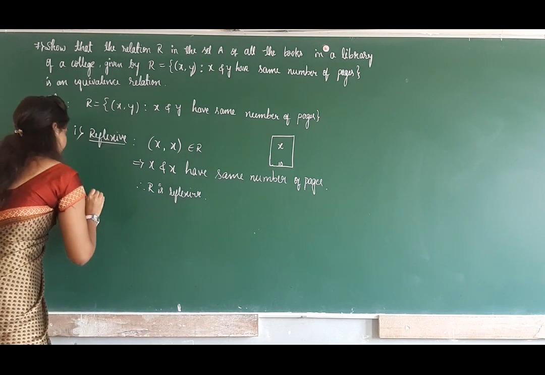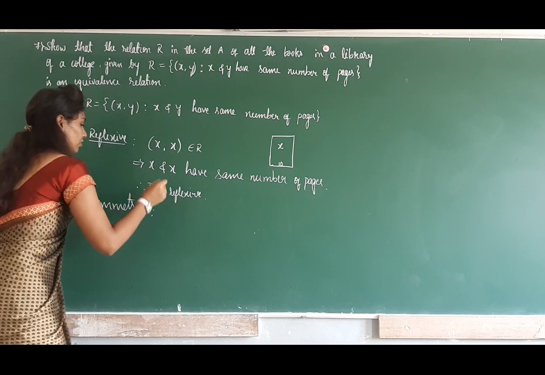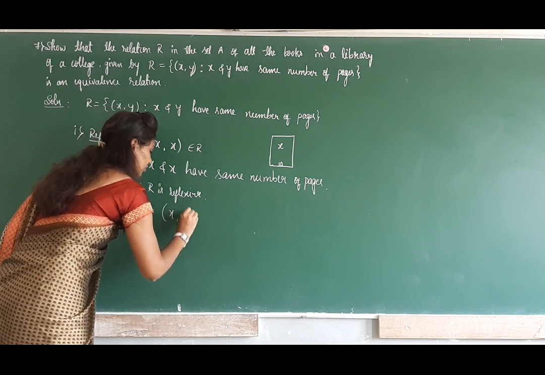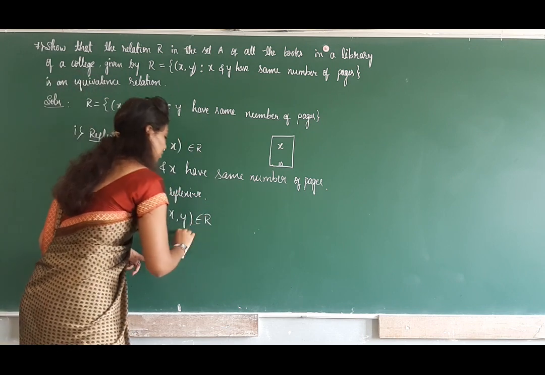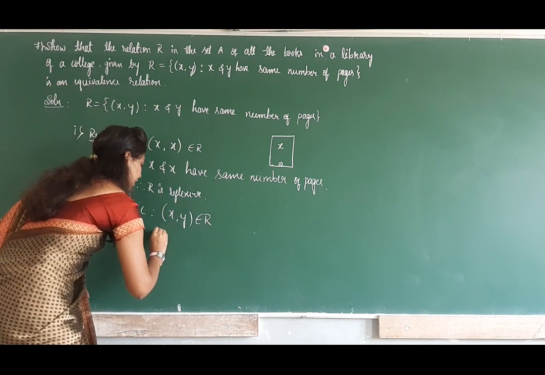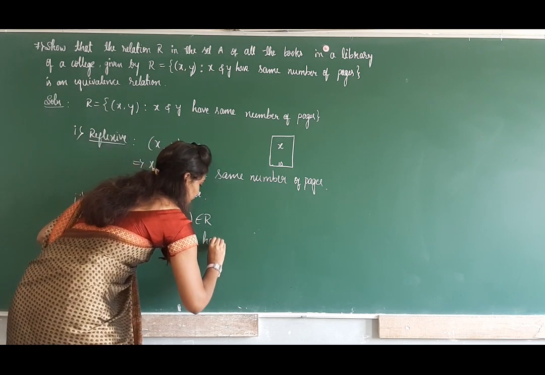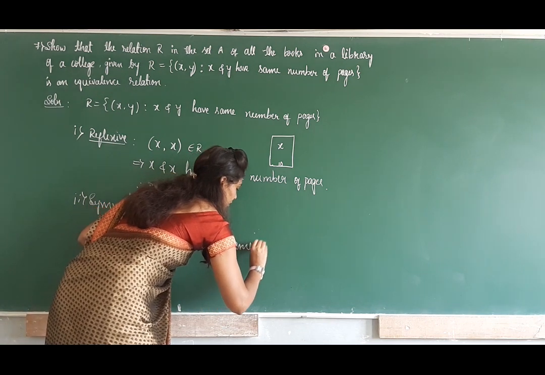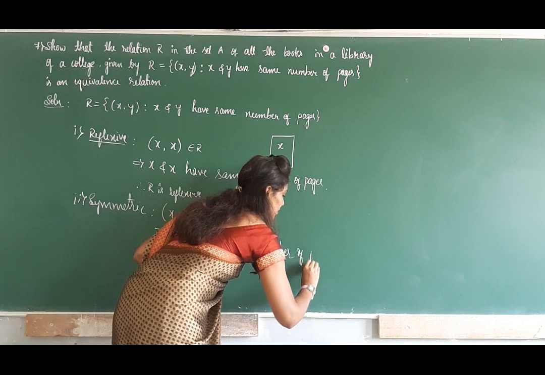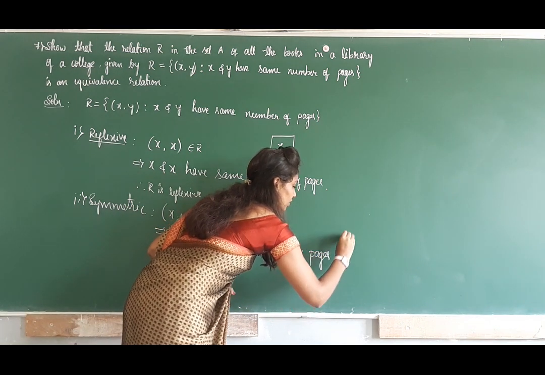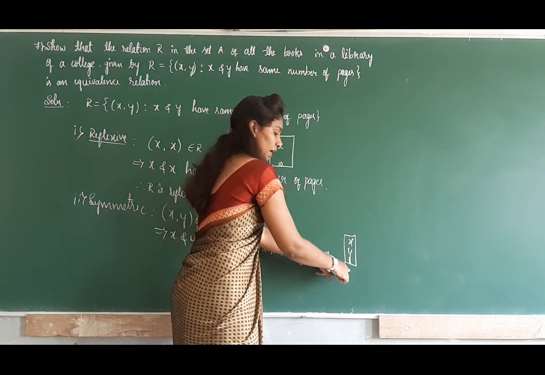The second one is symmetric. For symmetric, take one ordered pair (X, Y) belongs to R. (X, Y) belongs to R means the condition is: X and Y have the same number of pages. X and Y belong to this page, and its reverse,